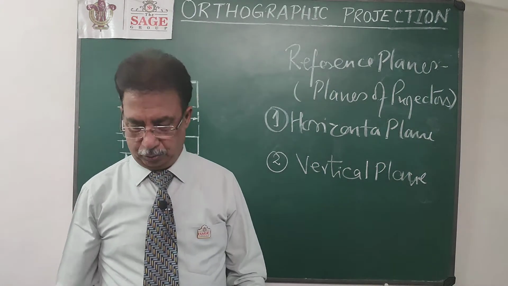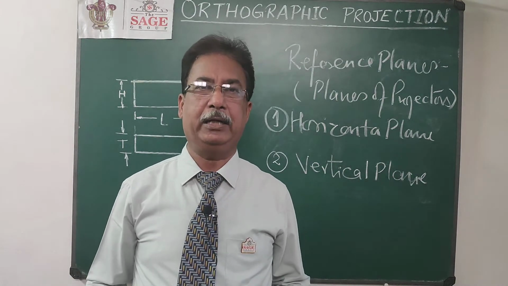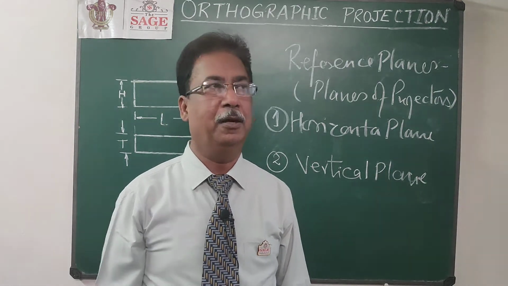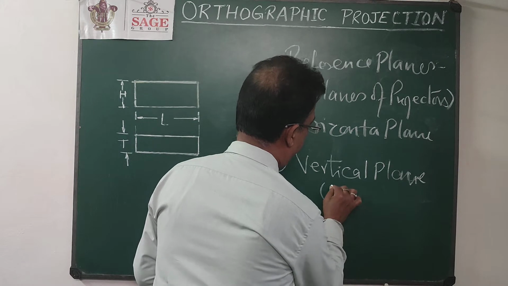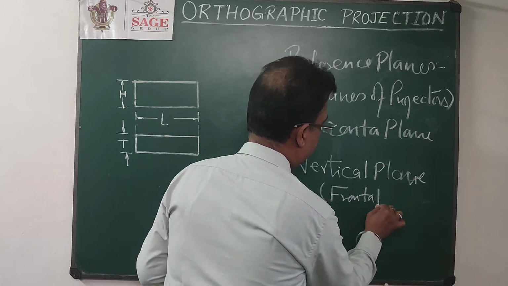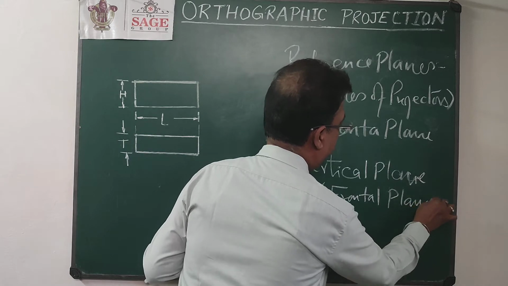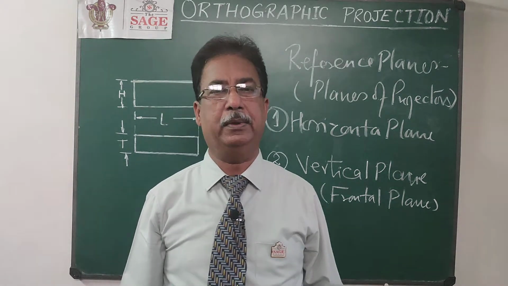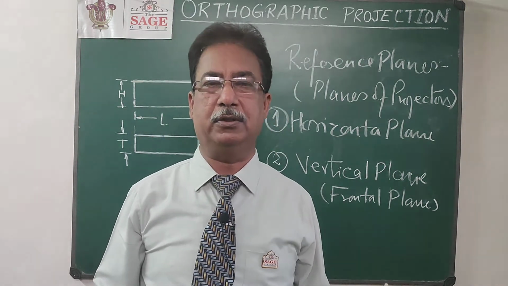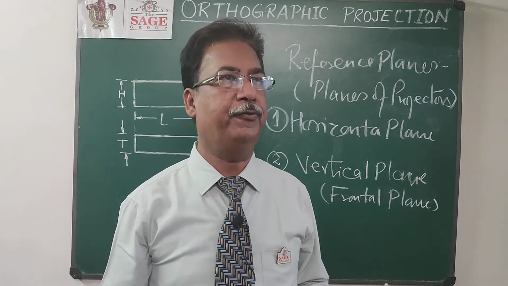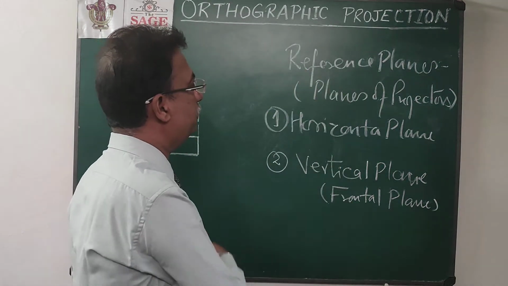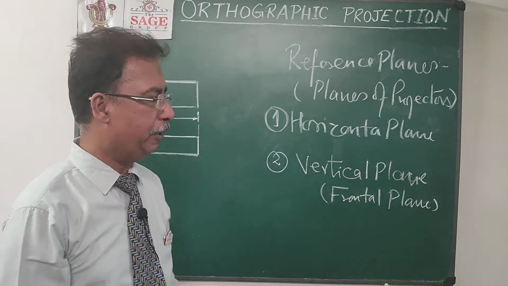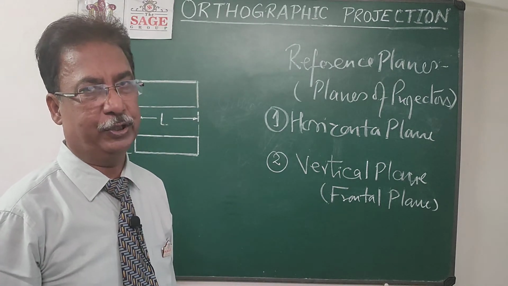As I am in this room, so this floor will be my horizontal plane, and right now in this room actually we have 4 walls. So all 4 can be my vertical plane, but normally we also call this plane as frontal plane. So normally what we will choose, that the plane that will be in front of the observer, that will be taken as vertical plane. So initially when I am going to start about the projection and want to generate the concept about the projection, so I will fix my 2 planes. So in this classroom, the board will be, this wall will be, or in which this board will be there, that will be my vertical plane, and this floor will be my horizontal plane.